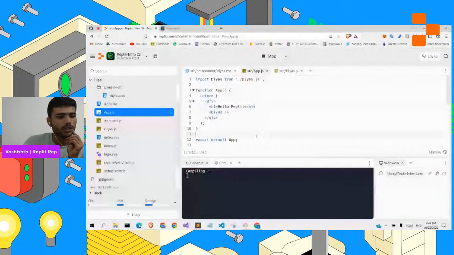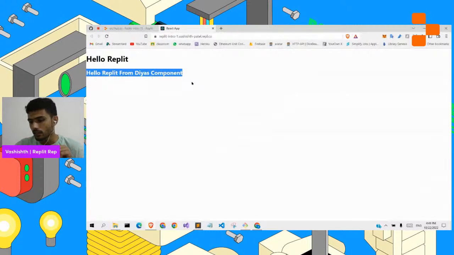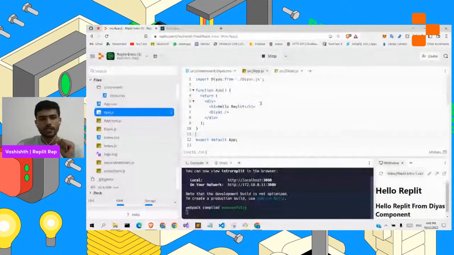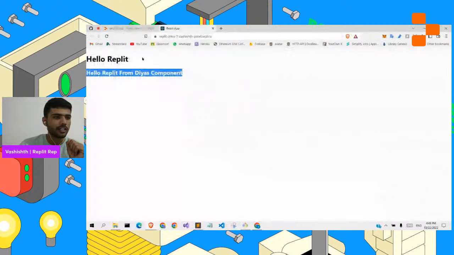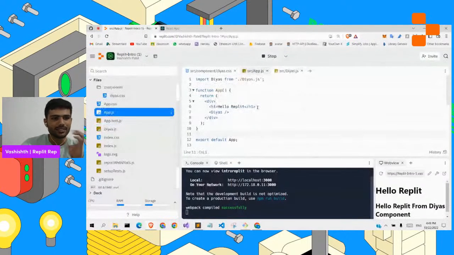Now it should work. Now if we click on refresh, then you see this hello replit from dias component is replaced by this app.js file. Fine. And this line hello replit from dias component is here in dias,